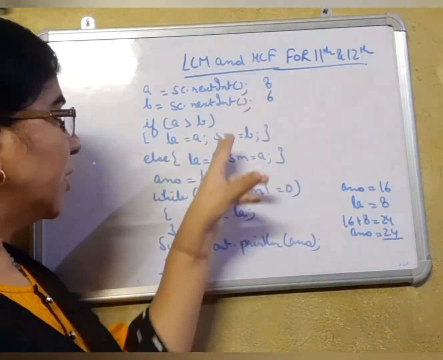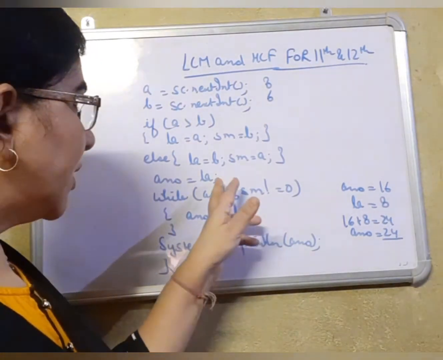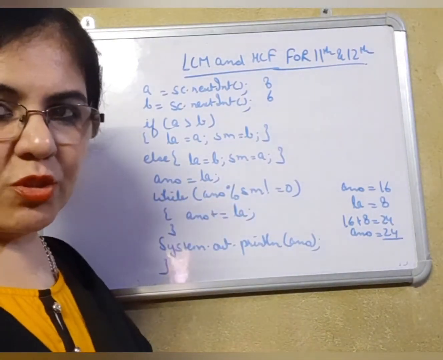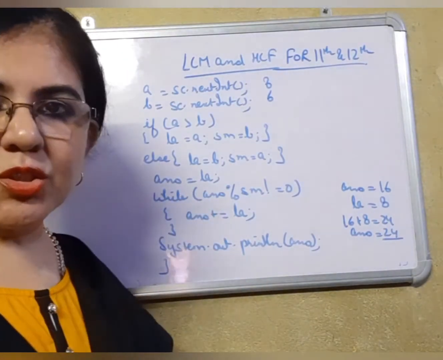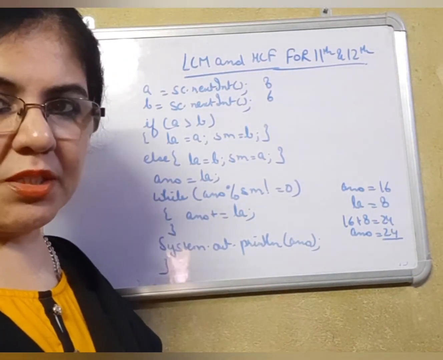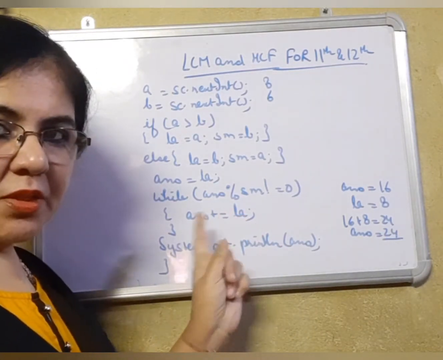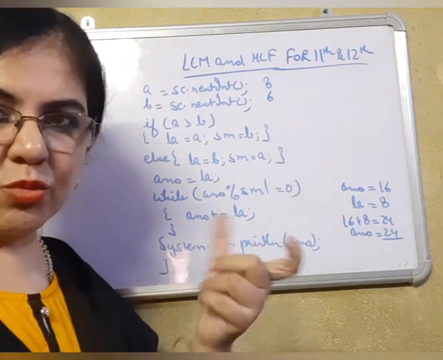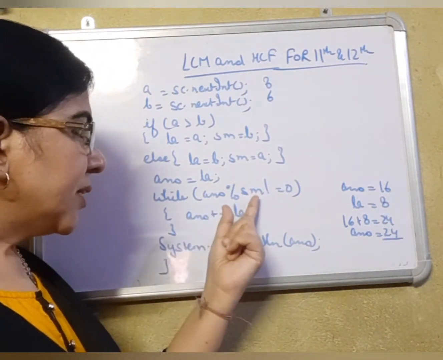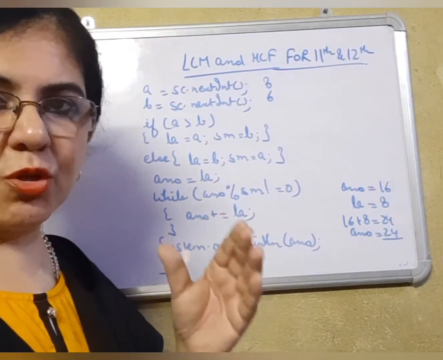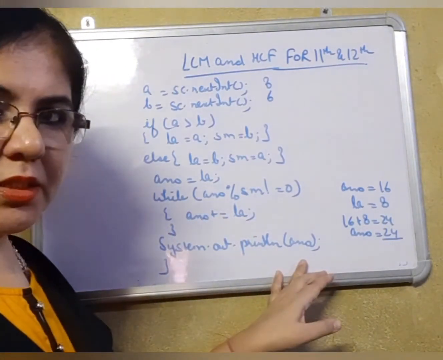So what did we do? We first found out the largest and the smallest. We gave the largest number to a variable in which we have to calculate the LCM. Then we check if that largest number is not divisible by the smallest number. Keep on adding the LA, the largest number, into answer, into that LCM value. It keeps on incrementing till it is completely divisible by the smallest number. And then we are getting the LCM.